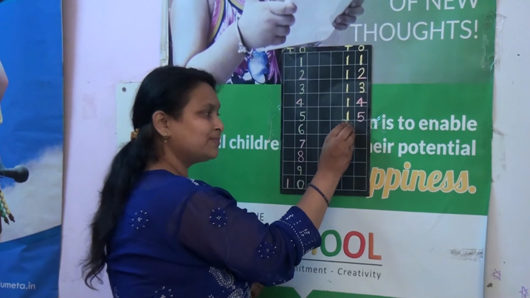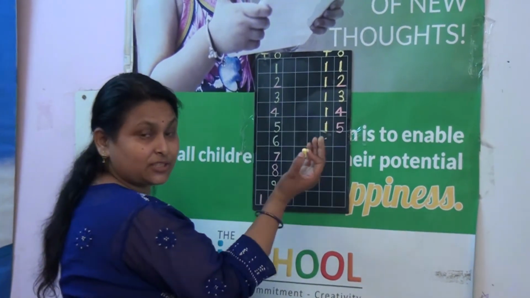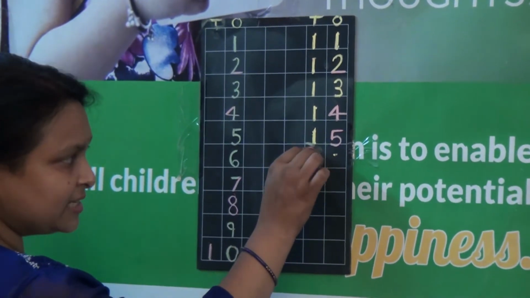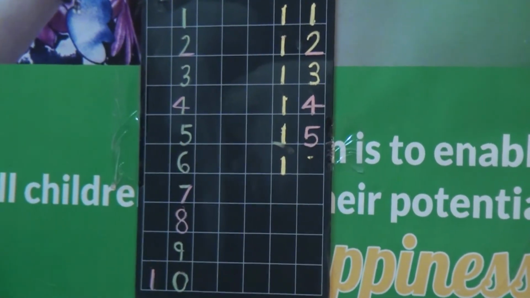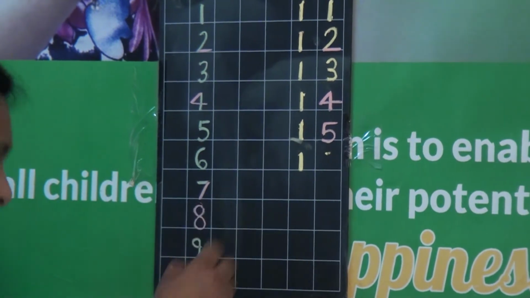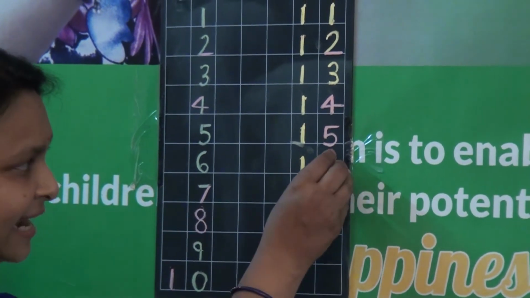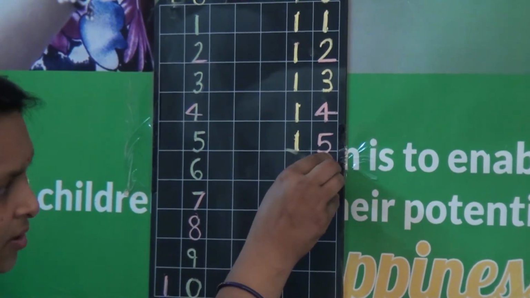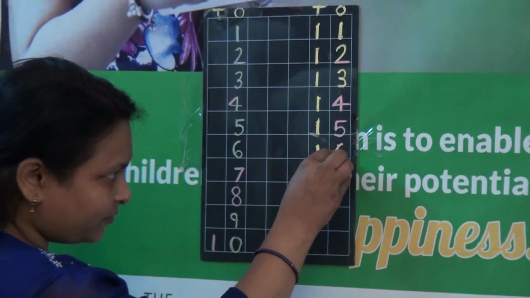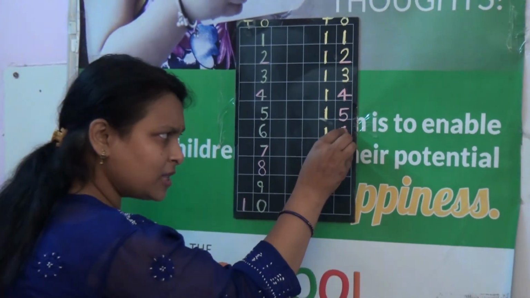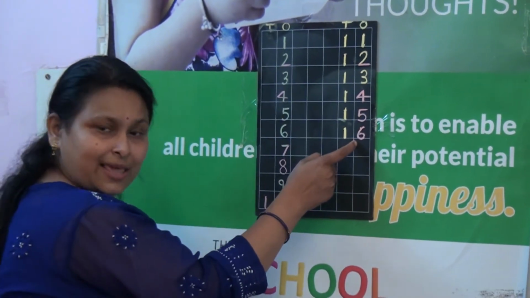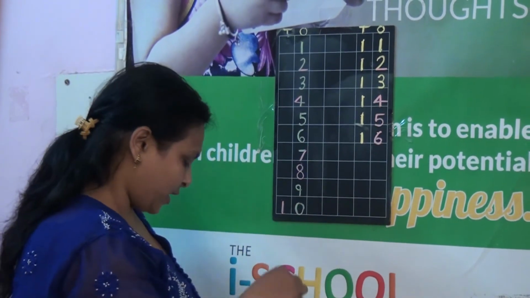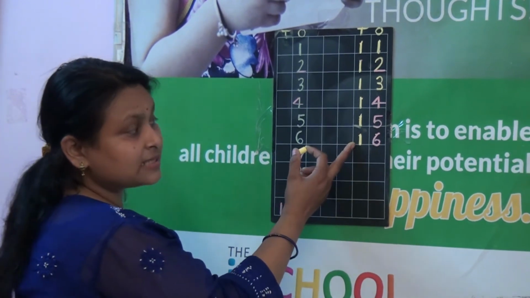Next number is, what's come after 15? 16. So one more time, make a dot here. Okay. Then we make a 1 here. Touch the bottom line also. Okay. Then write a 6 here. So make a curve. Then small circle. Look at this. This is a 6. 1, 6, 16.